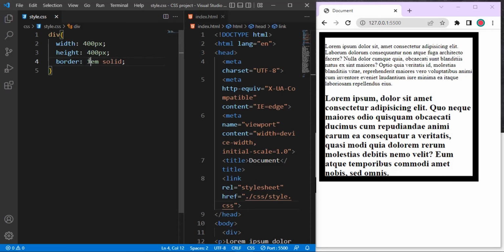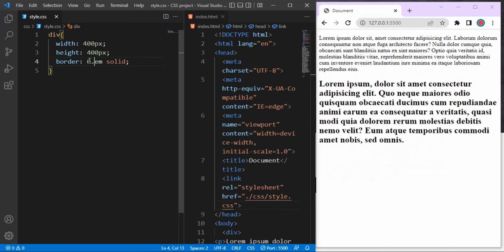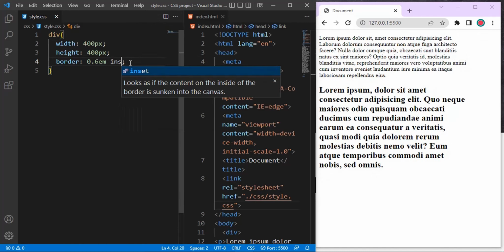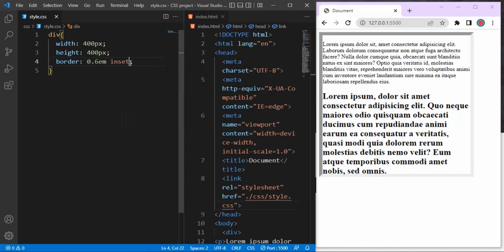This 1em seems to be a little bit big. Let me make it 0.6 and see how it looks like. I think it's much better this way. Let's leave it like this. Or let me even use inset, so the border will look more nice. It looks nice, but